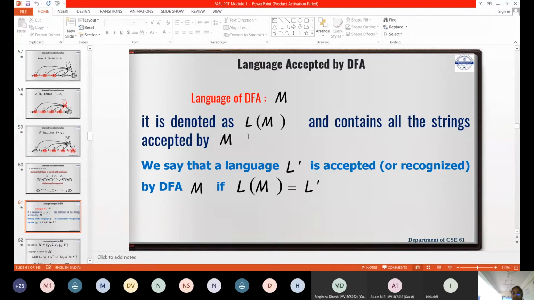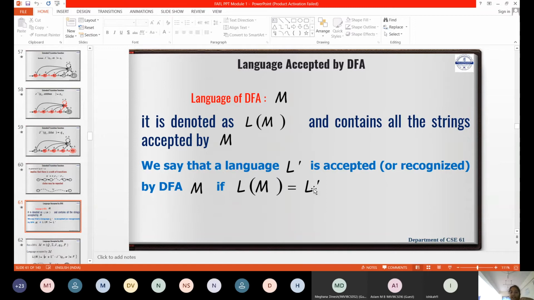I know that you know, yesterday, in the last class, I told you what the language means. It will contain all the possible strings accepted by the machine M, right? It will follow the pattern. Yesterday we saw A is a pattern, AB is a pattern, AAB is a pattern, so a language contains the set of all strings which possess the same pattern. Correct? So if M is the machine, L of M is the language accepted by the machine. That could be a combination of n number of strings.